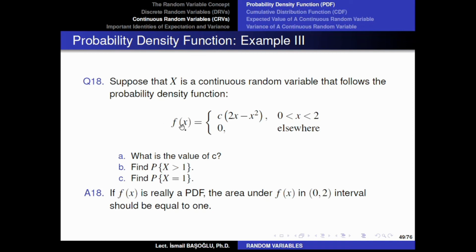Now, according to this probability density function, the random variable x can only take values between 0 and 2. And elsewhere, the PDF is equal to 0, which means this random variable can take real values between 0 and 2. In fact, 0 and 2 are not included as it seems, but it doesn't matter. Even if you include them or do not include them, it doesn't matter because you cannot talk about the probability of x being equal to 0 or x being equal to 2. In fact, you cannot talk about the probability of x being equal to 1 as well. I mean, x cannot be proven equal to 1.